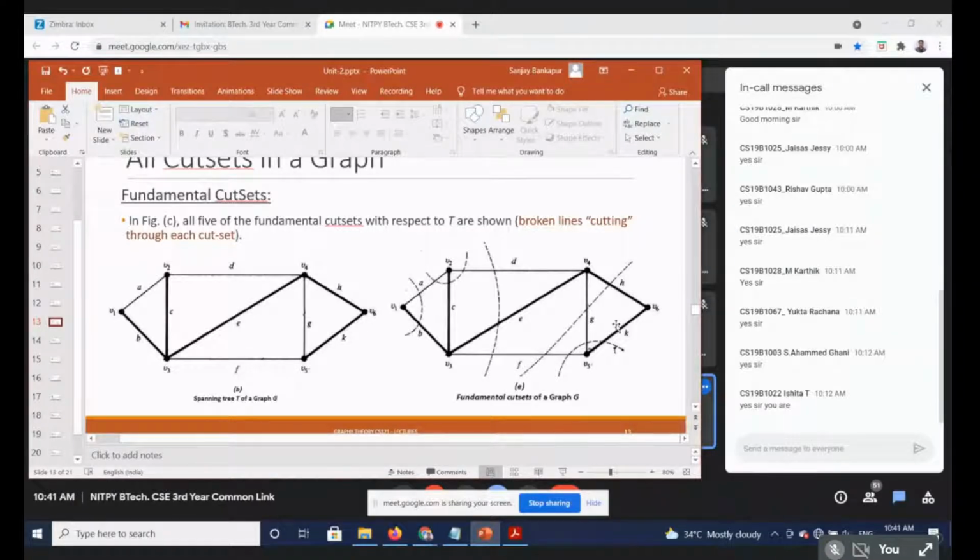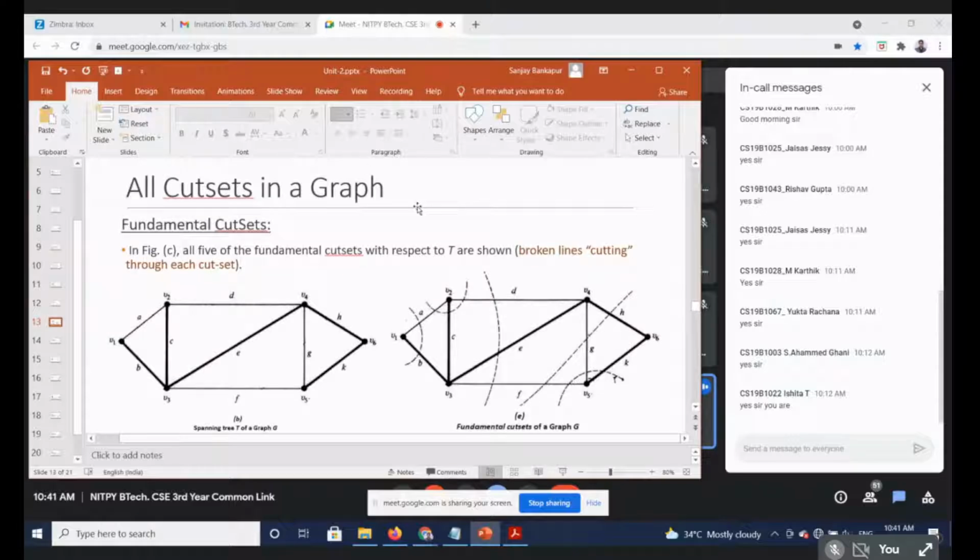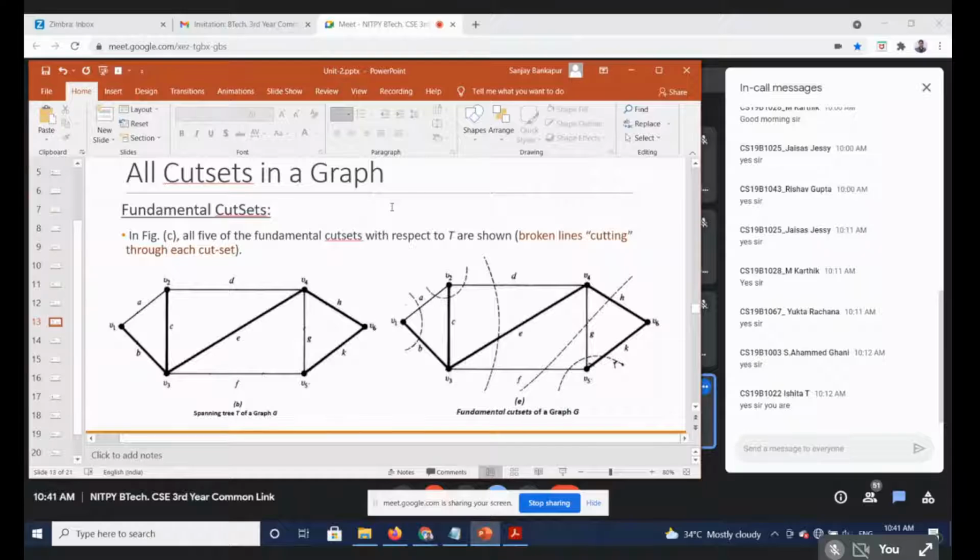So, what we did in spanning trees: I have two spanning trees, and when we want to figure out all possible spanning trees, we took two spanning trees and did an operation, removing one edge and then adding another edge so that it becomes another spanning tree. In that cyclic operation, removing and adding, we were able to fetch all spanning trees. But now the topic we are discussing is to find out all cut sets in a graph. Can we find all cut sets?